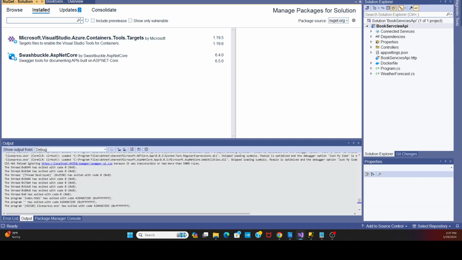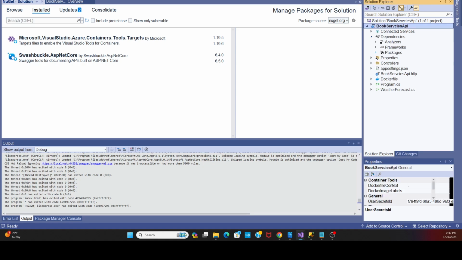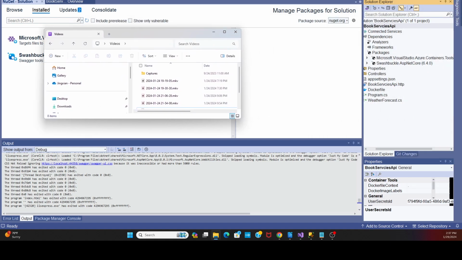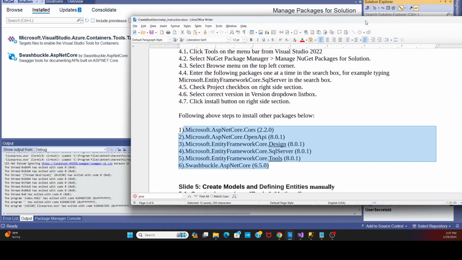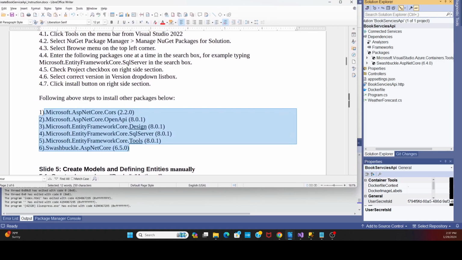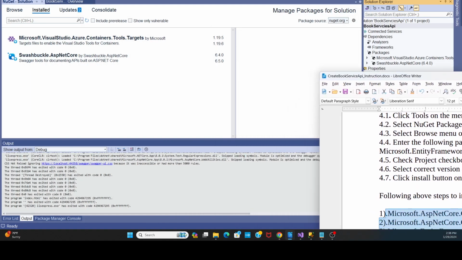Let me first check what kind of packages we already installed. Okay, this one we already have. Okay, this is already a different version. I can update it. So let me first install the